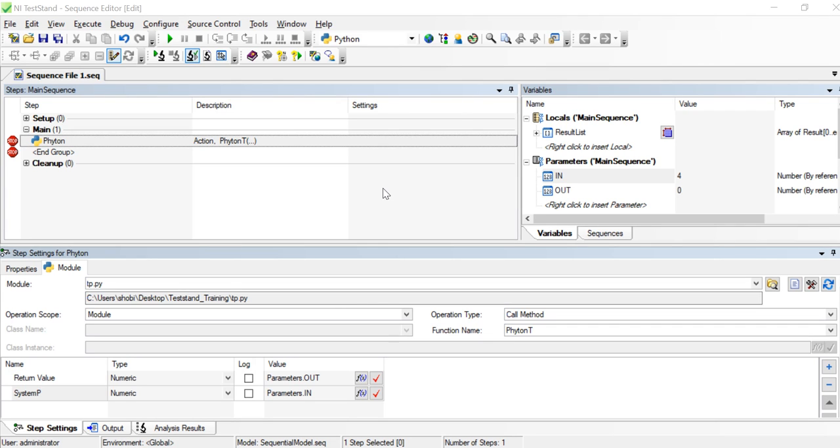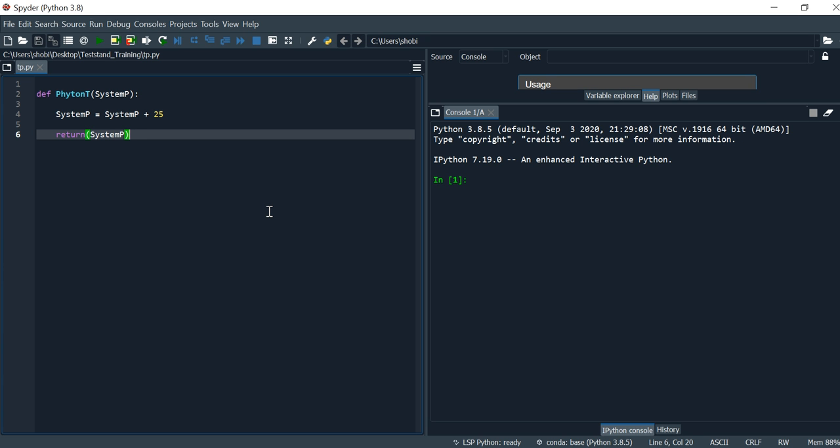Call Python to the Teststand. Teststand is the LabVIEW, or the NI product. NI Teststand is used for test sequences. Now we are going to call a Python script from the Teststand, and this is one of the sequences edited in the Teststand. When I go to the Spyder Python editor, I define a simple Python script,